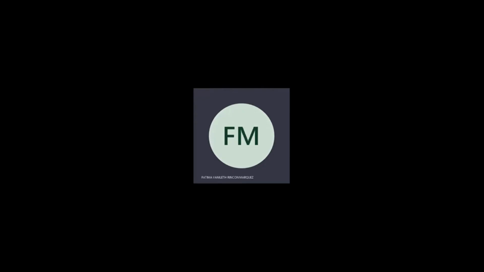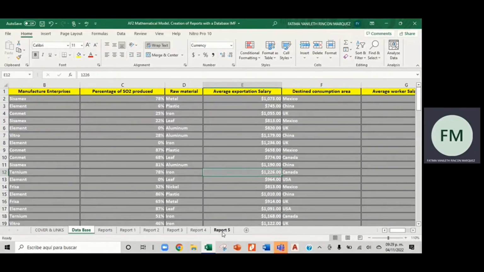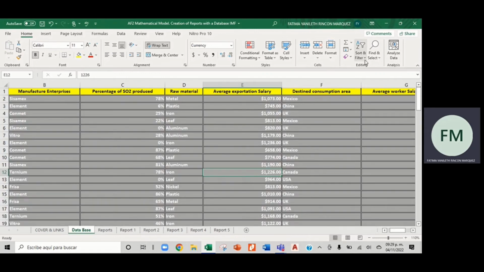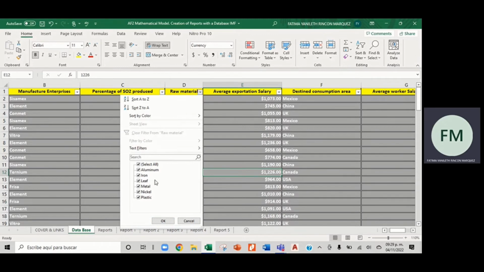Okay, so now we're gonna do the report 5 that asks us to find the amount of raw materials. So first of all, we're going to make it with filters. We go back to database and we're going to select filter. We select filter, and then we're going to click the arrow right here of the column that said raw material. We click on it, and then we're going to click on every single